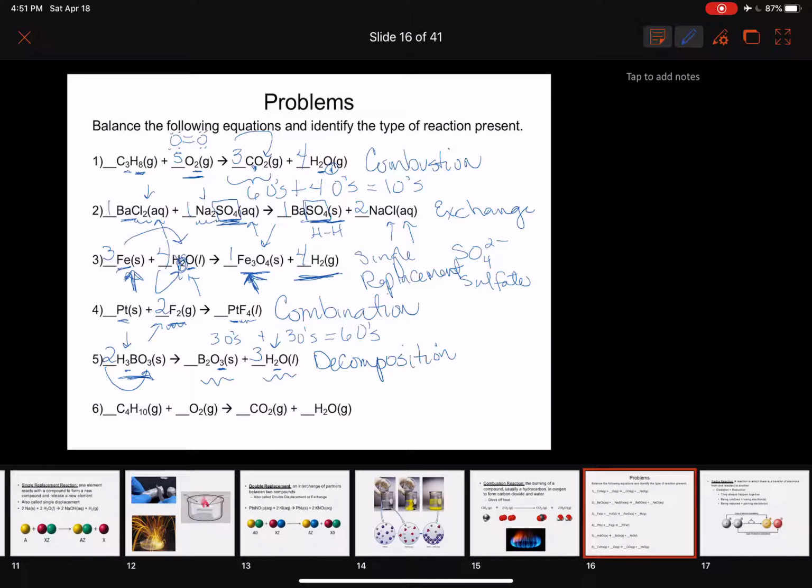And then we have 2 H3BO3s. Each one of them brings with it 1 boron. So we've got 2 borons on the reactant side, and in B2O3 we've got 2 borons. So we are balanced here. Now again, you do not have to write the 1 in front of B2O3, but if you want to, go right ahead. All right, for number 6, we have